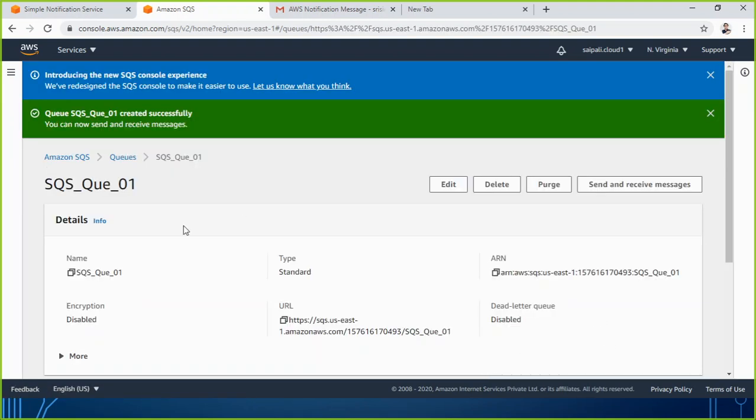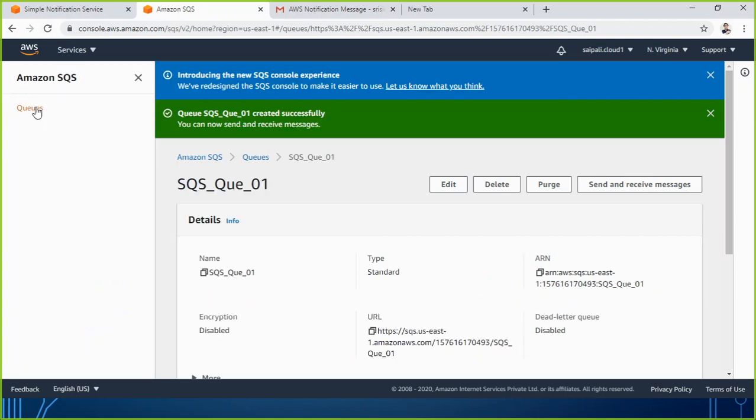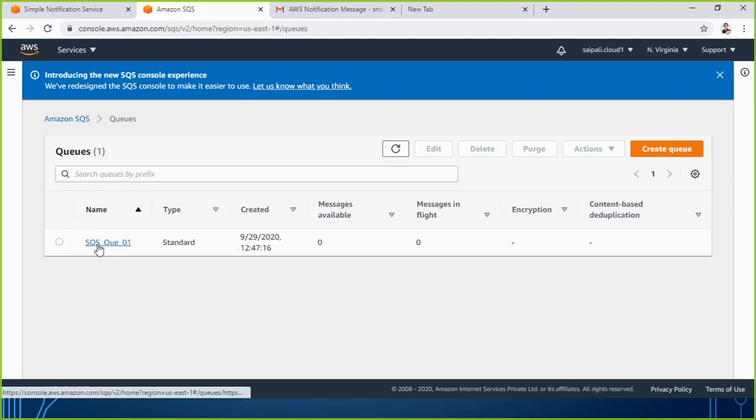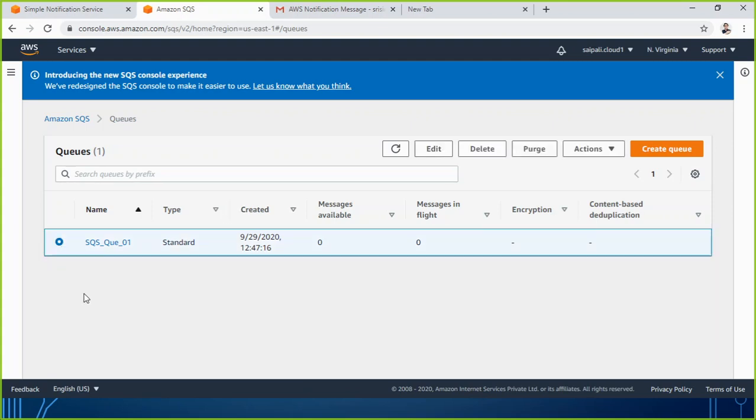So now the queue has been created. You can check. Go here, click on queues. So only one queue is there, SQS queue 01, type is standard, created on this date, like that. If I choose this queue, I can go to the actions button and I can also send and receive messages through it. You can see here.